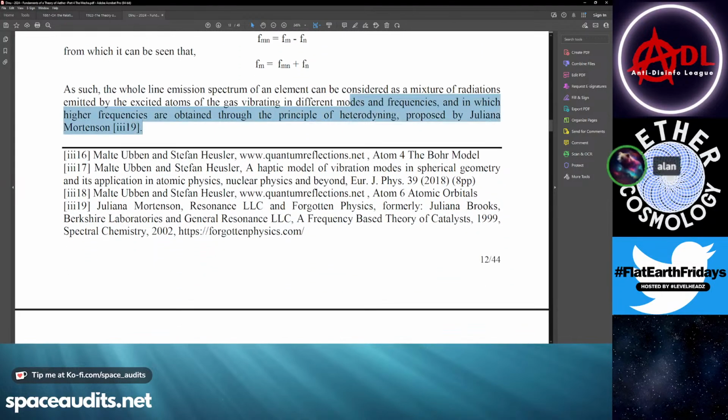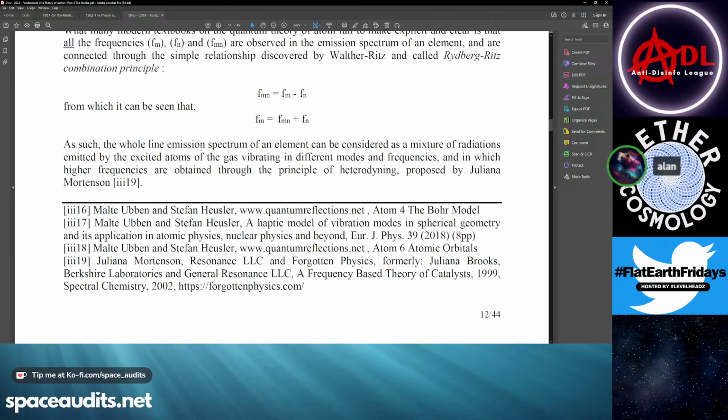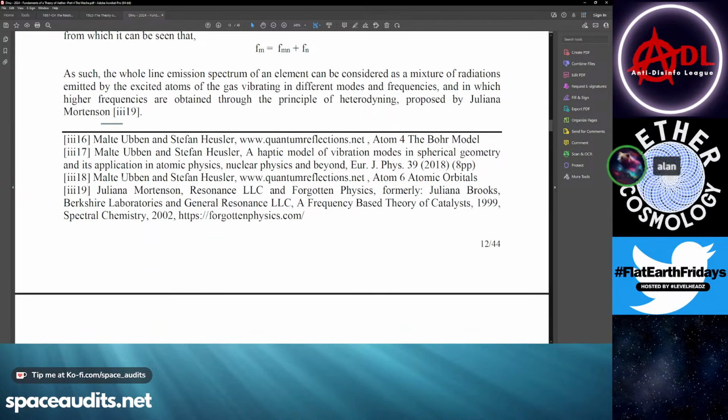Oh yeah, shout out to this lady real quick, Juliana Mortensen or whatever. She did this paper here. She points out the quantum flaw where the E equals h nu is linked to a 1 second interval, so it makes the wrong predictions all the time, and it's just kinematics. Pretty cool paper. This lady rocks.